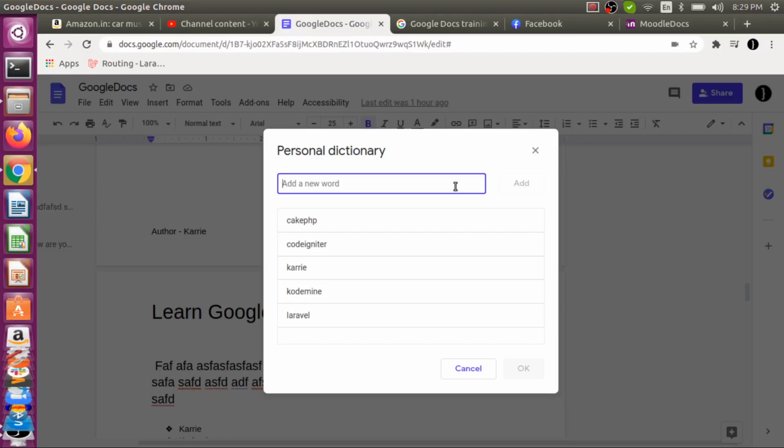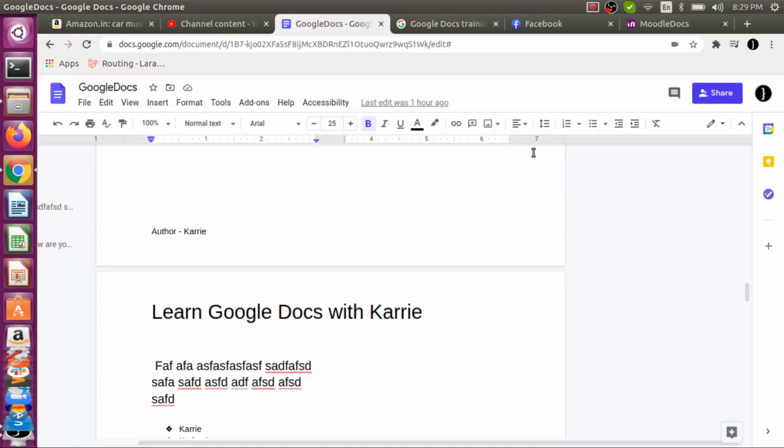So you guys can add it, as I have added Carry, CodeMind, Laravel, CodeIgniter, Cake PHP. You can write down this kind of words. Just add here, like Carry, and click on add. What is the benefit of that? The spelling checker will ignore these kinds of words. So this is your reserved word which you have added into your personal dictionary.